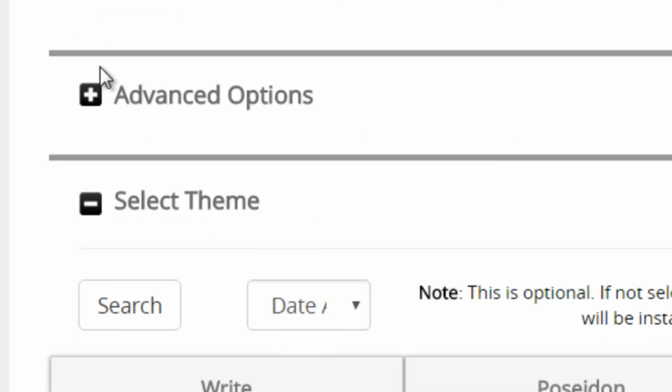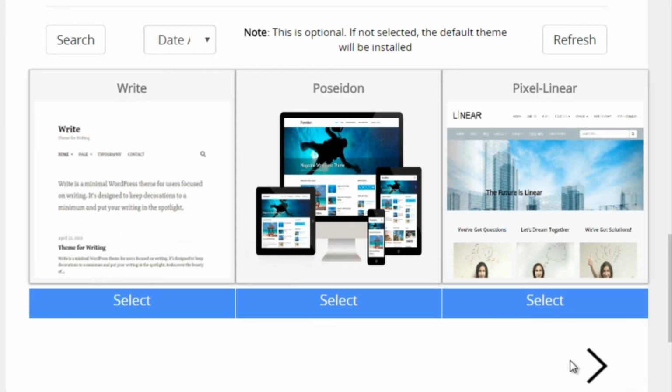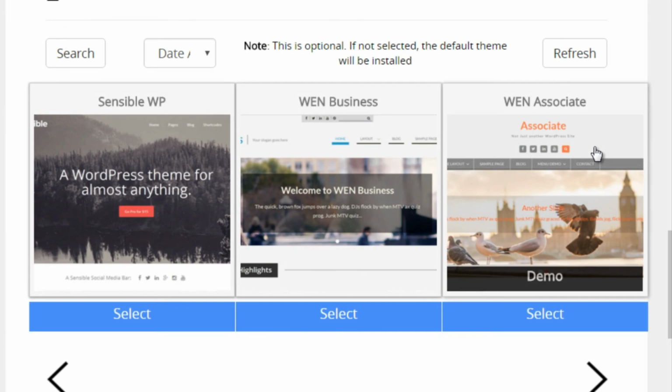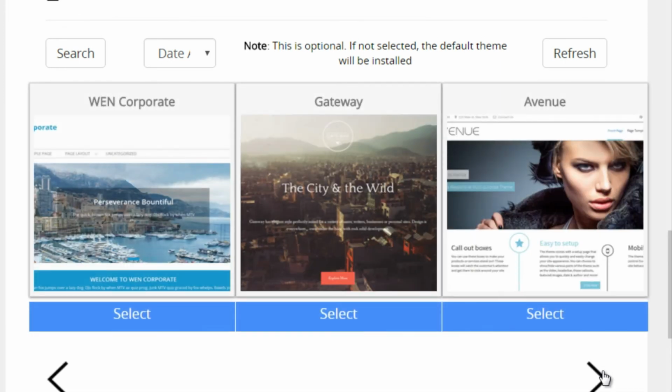And then of course you can choose the advanced options, and then you can actually select a theme. So that's the nice thing about this particular app installer, you can pick one, you can actually scroll through many different themes. And the nice thing about WordPress is you can literally change the whole design with a click of a button. You don't have to redo everything or anything like that.